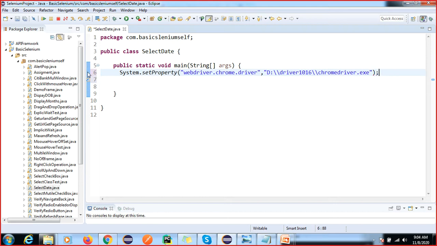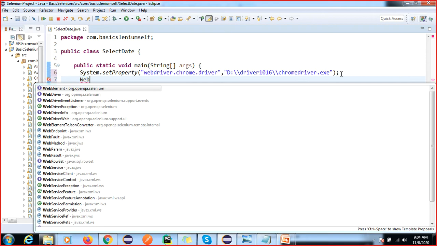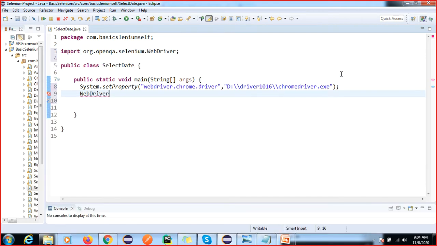These are the same steps for every test case. In a framework also, we are not writing all these things each time; we implement them in one place, like in the helper class we already saw, right? So WebDriver driver equals new ChromeDriver.